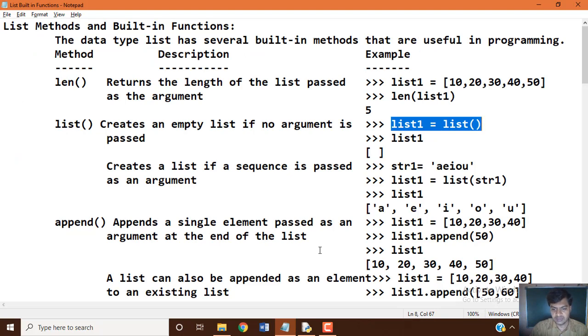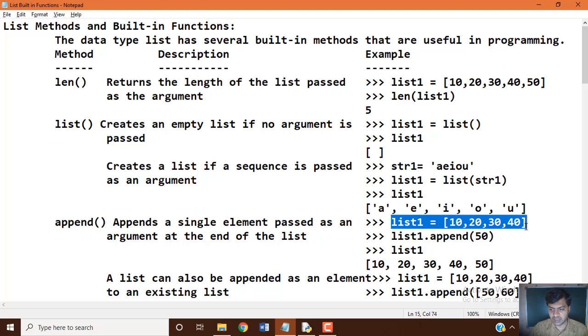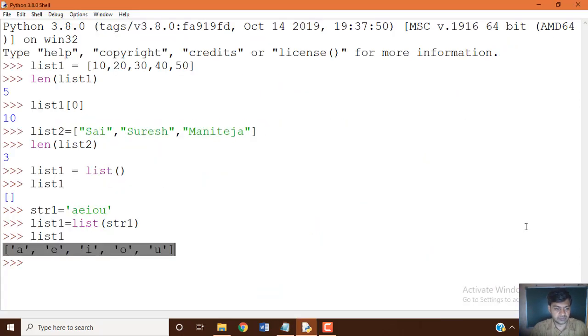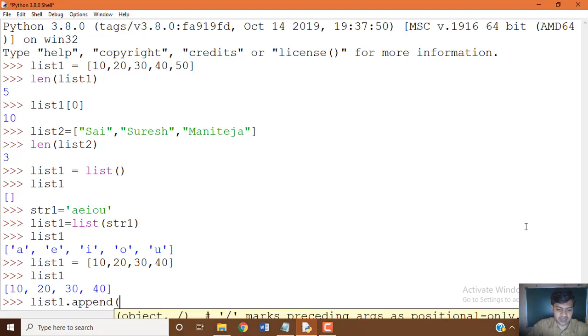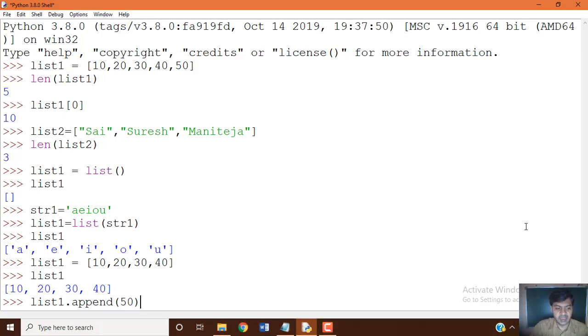Now we are going to use append. Let's see how we can make use of the append function. Let's take an example: a list variable, and assign the values. Now if you want, you can print the data. If you want to append any value, list 1 dot append of, for example, 50, which will be added at the end of the existing list.